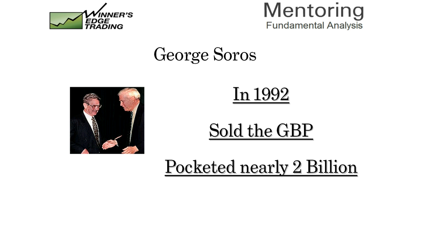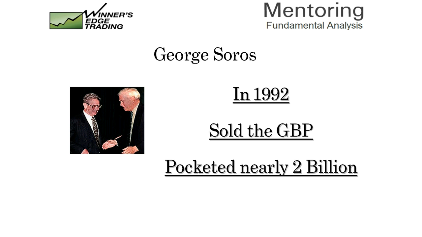There were a lot of inconsistencies in its economic positions and things that were going on inside Great Britain at that time, and people noticed this, including George Soros. They realized what was happening. They realized there were inconsistencies in the monetary outlook of the nation at that time, and so they sold the pound like crazy. And what eventually happened is the pound left the European exchange rate mechanism, which was an organization that was established in the 70s to help achieve monetary stability in the Eurozone.